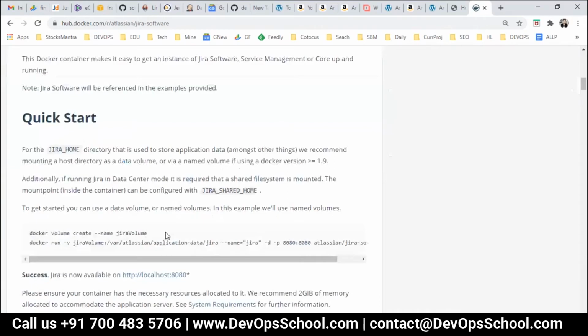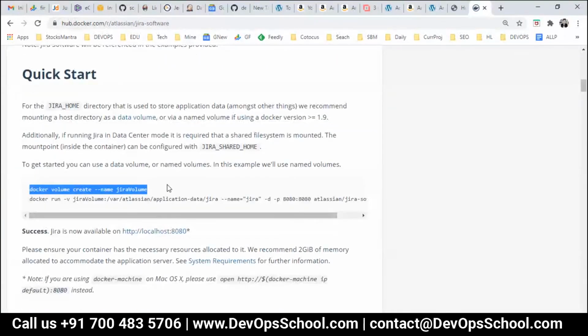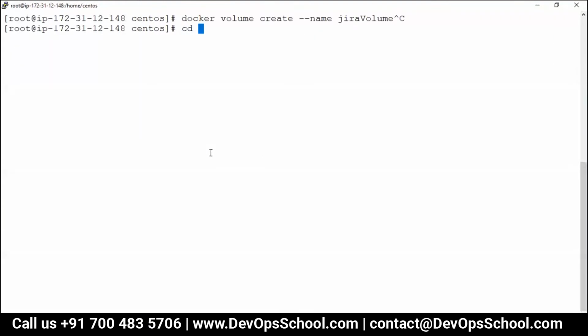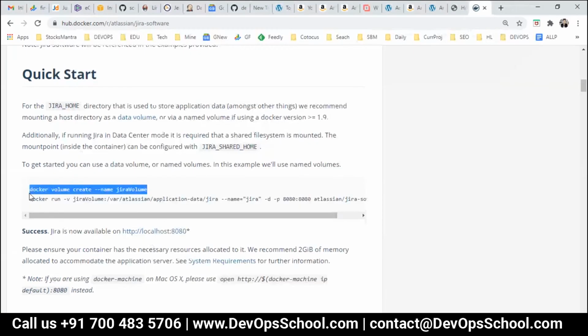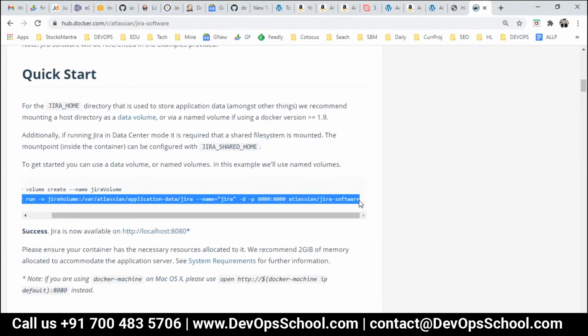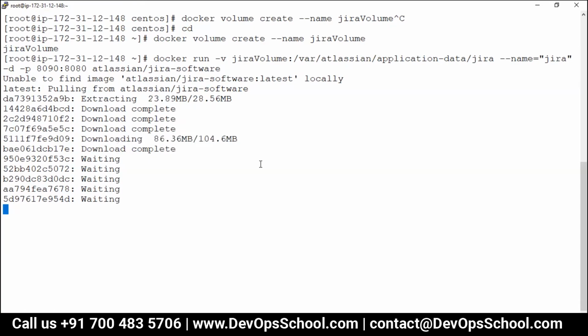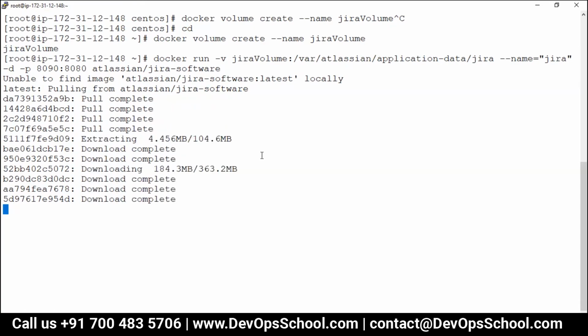Now for this Jira, I need to create some volume. So here quickly, this is the one. And here, guys, the problem is Jenkins I'm running on 8080 port. So Jira I'm going to run at 8090 port, and this Jira will be up and running within a few seconds. Now you can see that I'm not going to install any applications manually, everything with the help of containers, and you can set everything up in just a matter of a few minutes.